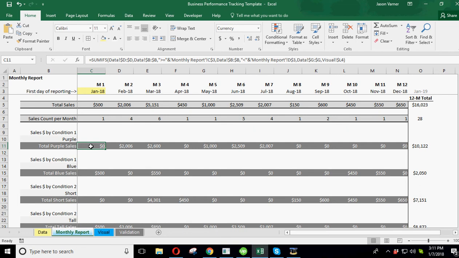So to do that purple, we have it listed here, and this is actually going to pull over from our visual dashboard, and I'll show you that in a second for automated reporting. This is counting all the sales that are linked as purple only. So if it's not purple,